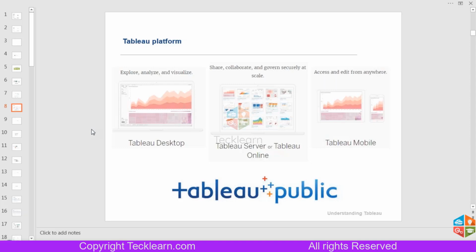Then there is the third product, that is Tableau Mobile or the Tableau Reader. If you are using a tablet or a mobile, you can download this application from the Play Store or App Store, and if you have the hyperlink of a workbook or a dashboard, you can open it once you are authenticated. So you can directly open that dashboard inside your mobile or tablet. One advantage with Tableau Mobile is, I was working with one of the Fortune 500 clients for my organization, and they had 18 to 20 executive members who wanted to see their sales dashboard for